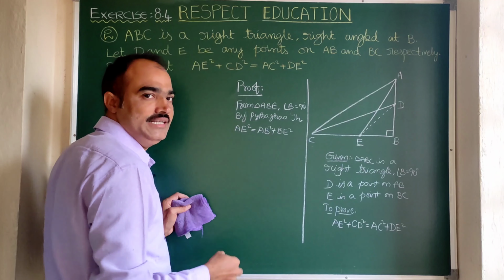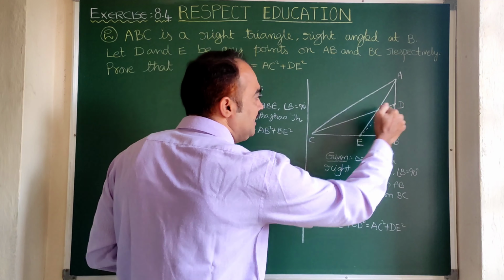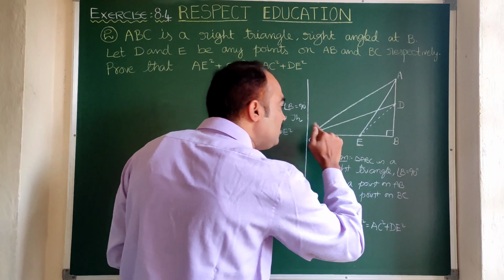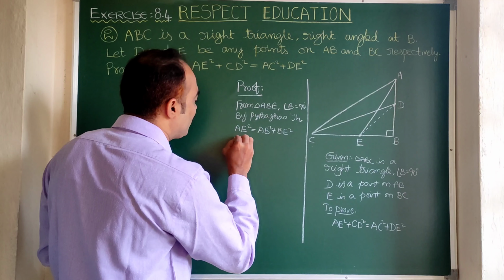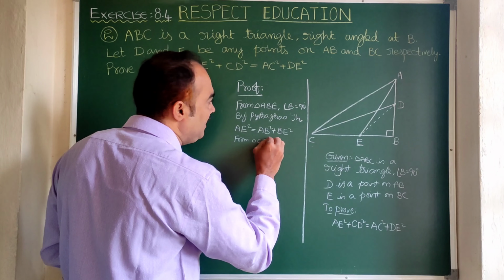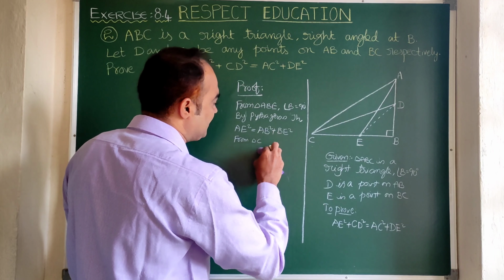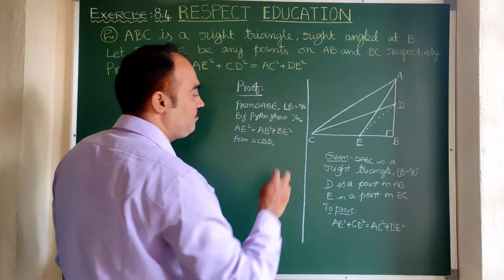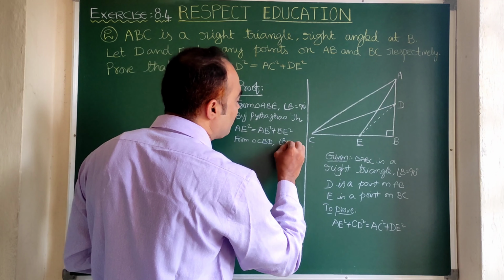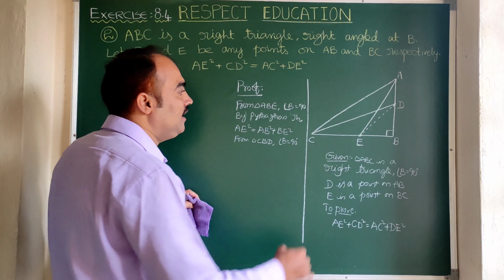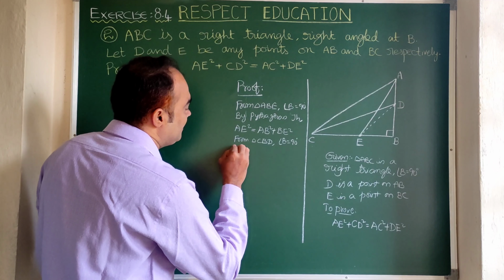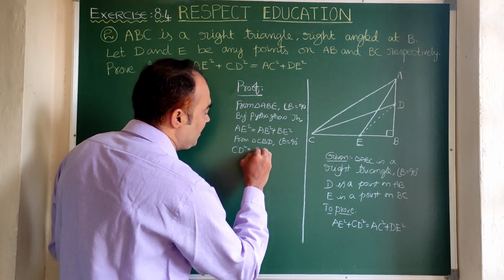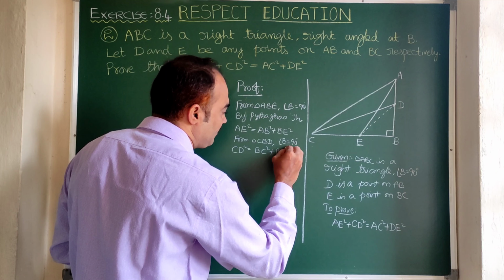Similarly, here you see we need CD square. So the right angle triangle is CBD or DBC, both are same. So let us write from triangle CBD, as 90 degrees is at B, it should come in the middle. So CBD, or you can write DBC also, in which again angle B is equal to 90 degrees. Let us apply Pythagoras theorem here. Here hypotenuse is CD. So CD square is equal to BC square plus BD square.